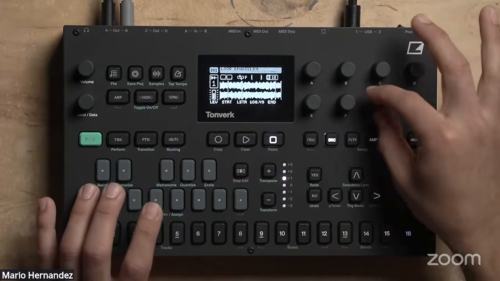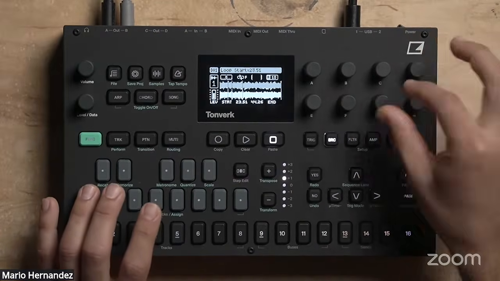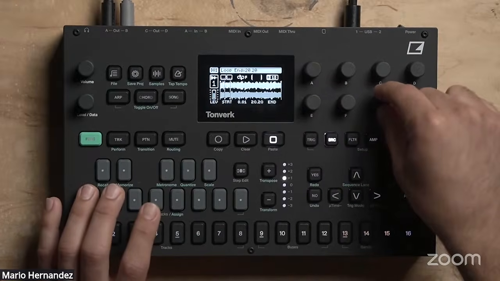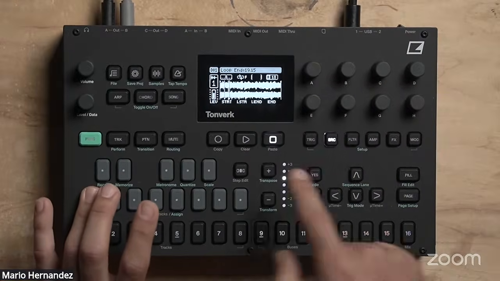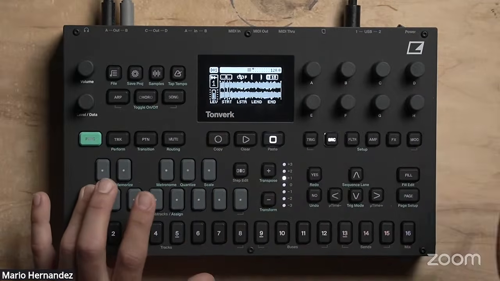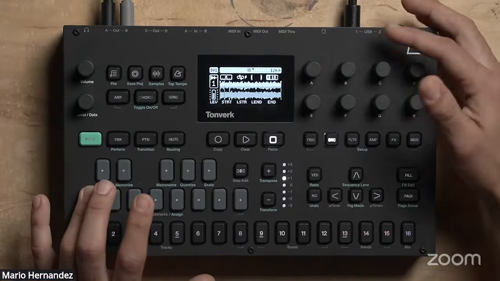So let me change the loop end. I'll just put it right here. Your start point I'll put at the beginning, and then the loop start and loop end right here. You can see it's looping right there. But if you listen, there's a little click. So in order to smooth that out,